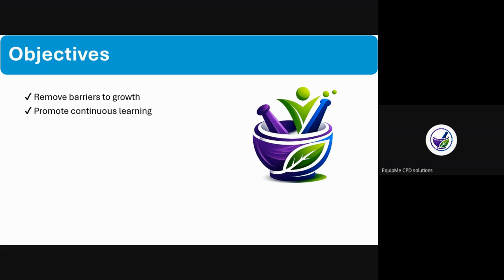It is to promote continuous education and learning, because anything that doesn't learn, that doesn't grow, actually dies. So we aim to provide a culture of continuous learning. There is always something to learn each and every day. It is to equip through practical solutions and tools, through resources, through interactions, through participation and collaborative practice, knowing very well that we are who we are because of the people that we do life with. So we aim to create a collaborative approach to how we learn, how we grow, and how we impact people.